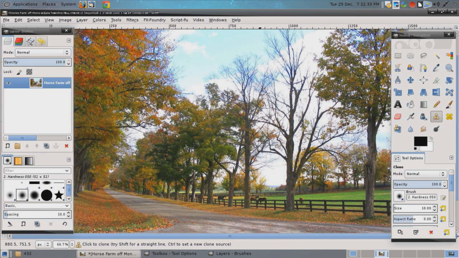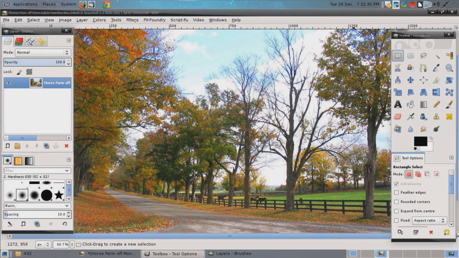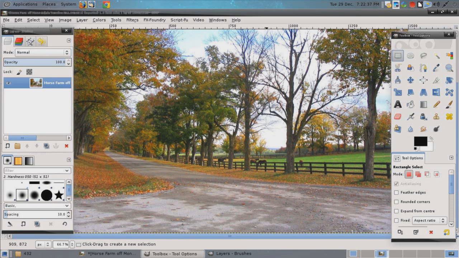So now as I zoom out, there you have it. We've got this beautiful picture. There's no sign of a sign. I think you'd be hard-pressed to ever notice that there was ever a sign there. It would take some really good Sherlock detective kind of thing going on, with the magnifying glass, and take a while.